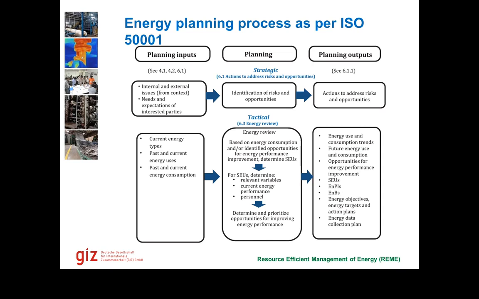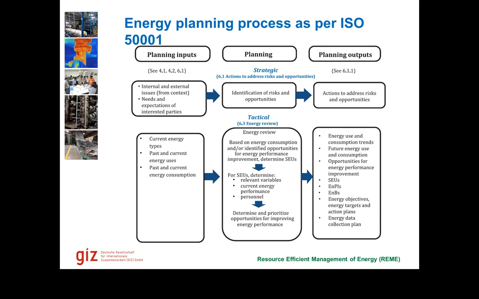Then determining and prioritizing opportunities. So we see, for example, there are 20-25 opportunities that can be dealt with, but then we need to do prioritization. So which ones do we need to tackle earlier? Are these the big energy losses that we need to tackle earlier, or are these the no cost, low cost measures that we need to tackle, or are these measures which are more strategic in view because we need to show performance to our customer? So do we need to tackle those? So these are different aspects that we need to identify and which we need to use when we're prioritizing the